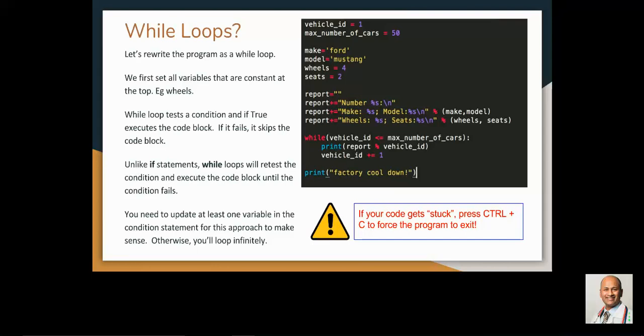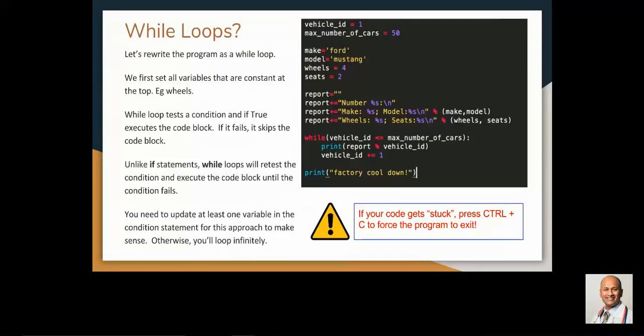One time, sooner or later, we're going to get to 51. Once it's 51, the vehicle number 51 is not less than or equal to the number of cars. When that happens, just like an if statement, it's going to exit out of this loop, skip it, and just print